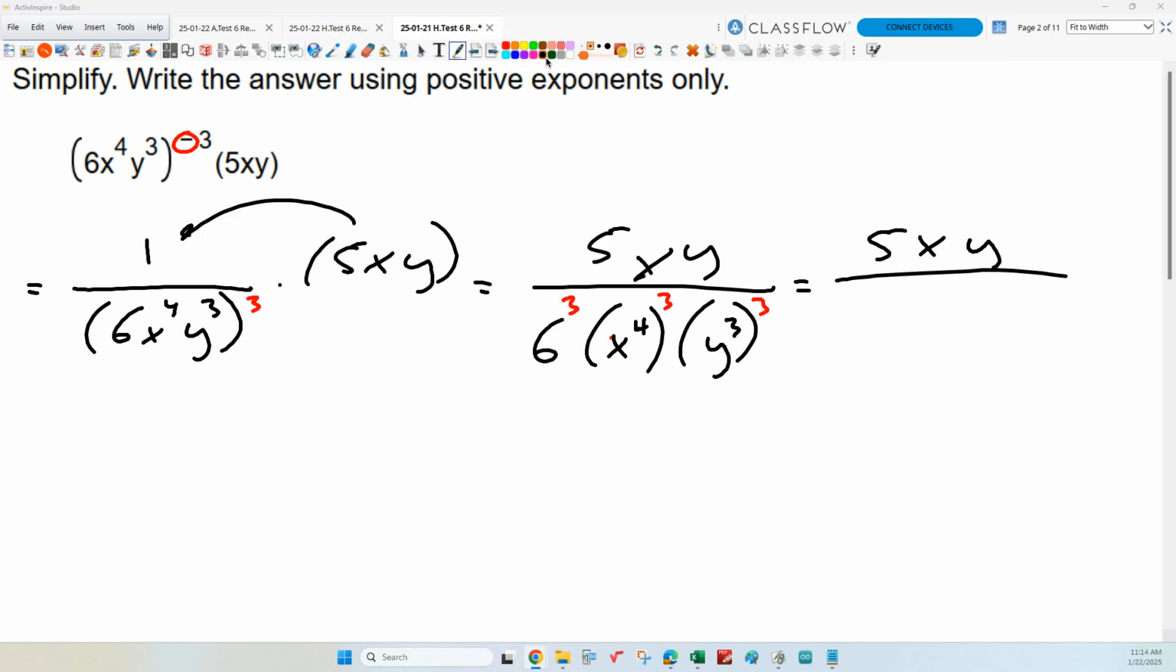What's that give me on the bottom then? What's 6 cubed? 216. What's x to the 4th cubed? X to the 12th. Take a power to a power, you multiply exponents. Y cubed. Y to the 9th. Good. So the last issue then, we can't reduce that fraction, but the last issue would just be